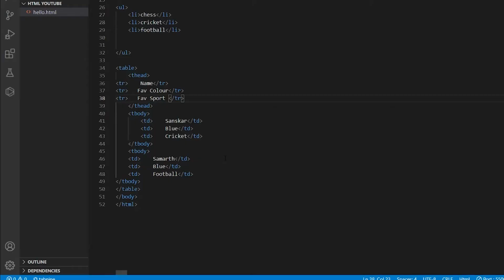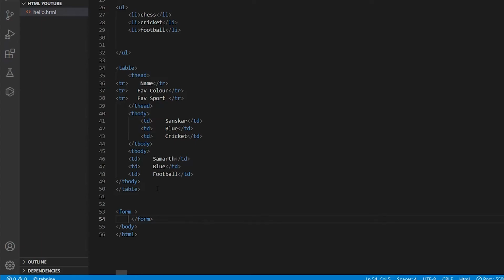After the table tag is closed, we have a form tag. So a form, basically simply a form. For a form tag we have certain attributes. So this is a form tag. We want to take input in a form, right? So another tag we use is the input tag. In the input tag, we can have various types. For example, if I just simply have here text, right?